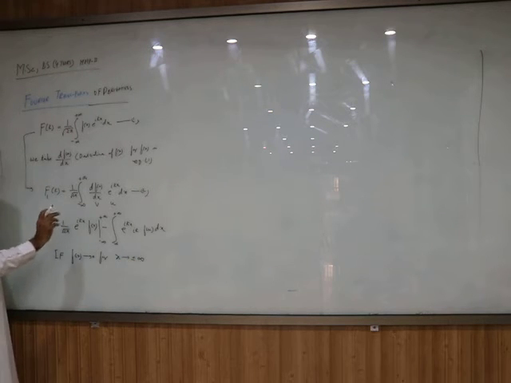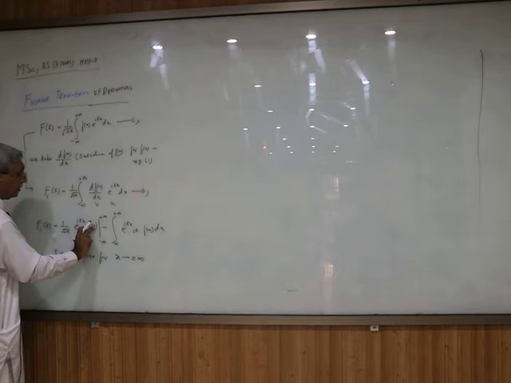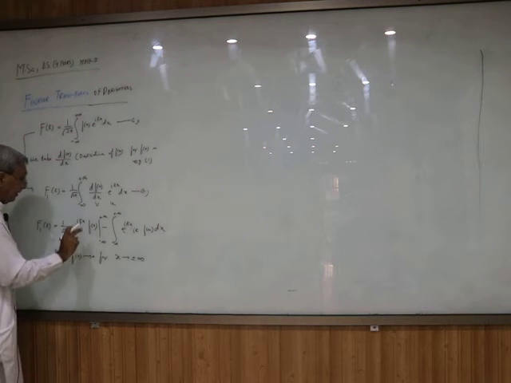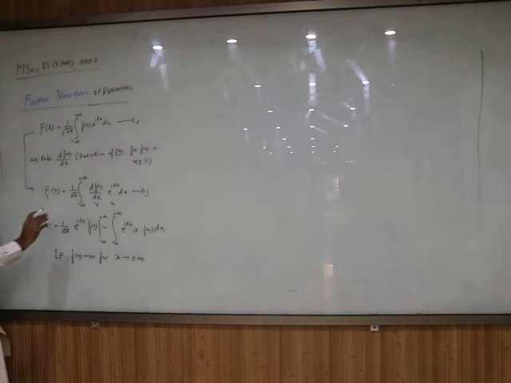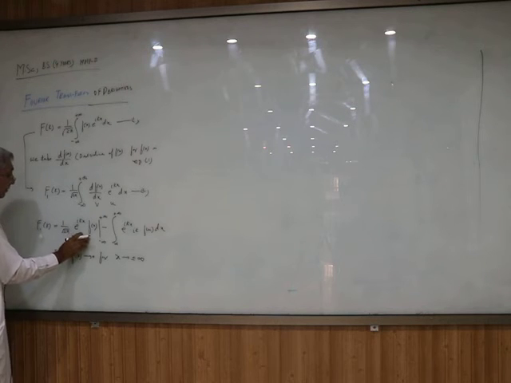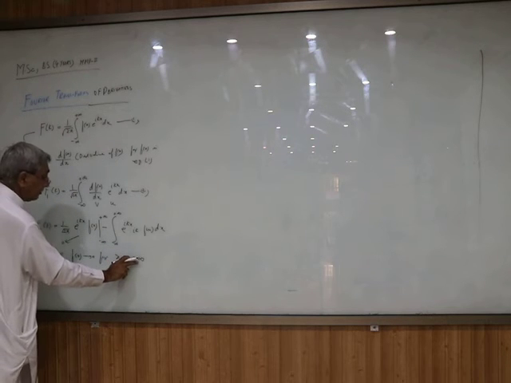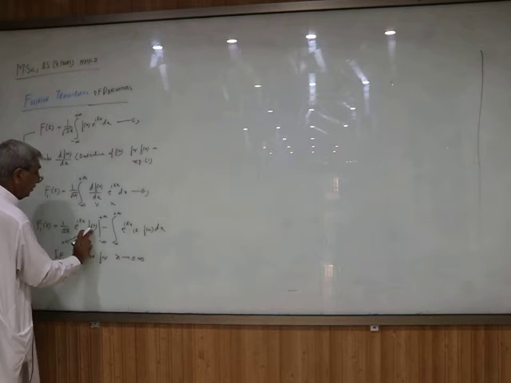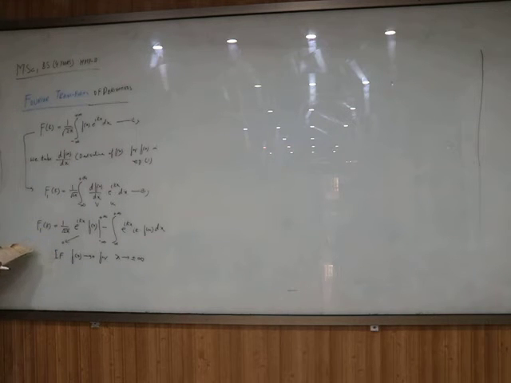It means that if you put this limit here or this limit, then this should approach 0. Then the first part will be 0. That is, if you put x as plus infinity or minus infinity here, then f(x) should tend towards 0, and you get f1(k)